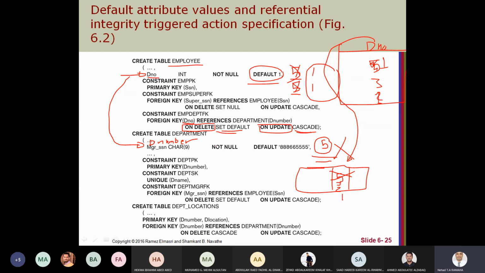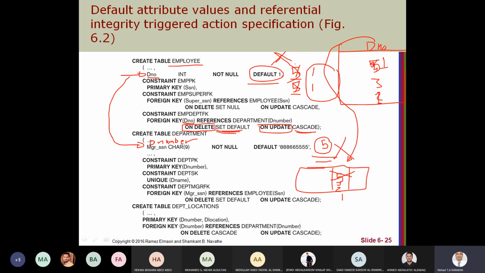So it depends. Any operation will be rejected when we try to delete a value that will cause set default and this default value does not exist. So the default value does not exist for this foreign key.